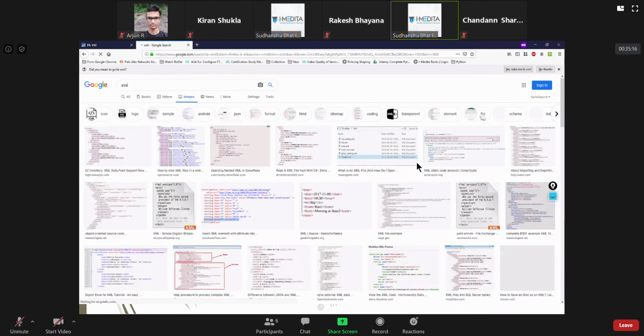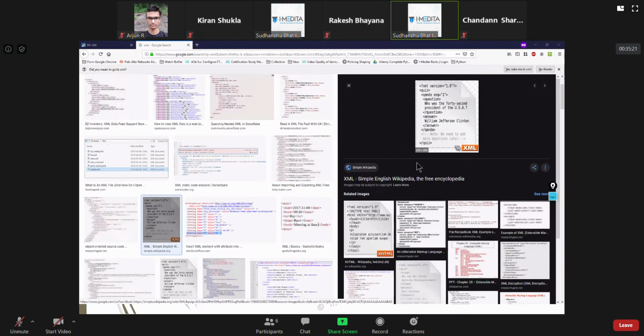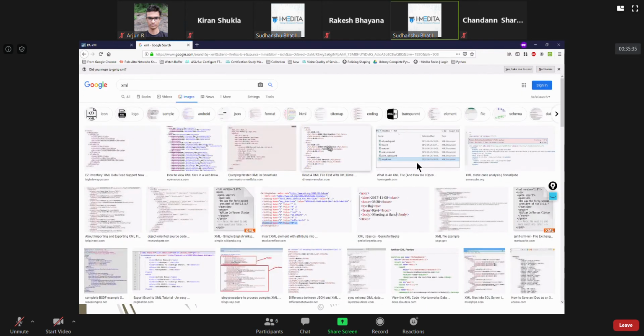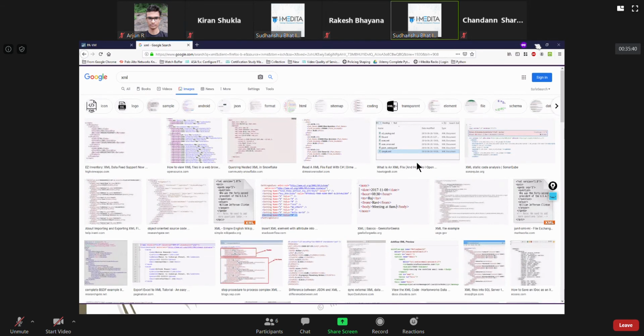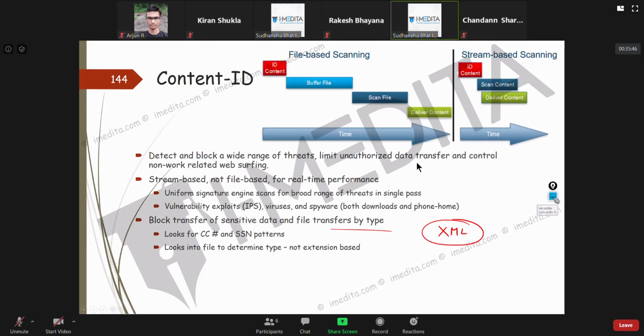Generally XML is used for data serialization, and maybe it could be used by some attacker to maliciously send something which we don't want. We don't want this XML to be downloaded by normal people, not programmers. I don't mean that programmers are abnormal in any way. For other people, like HR, what would HR be trying to download an XML file for?